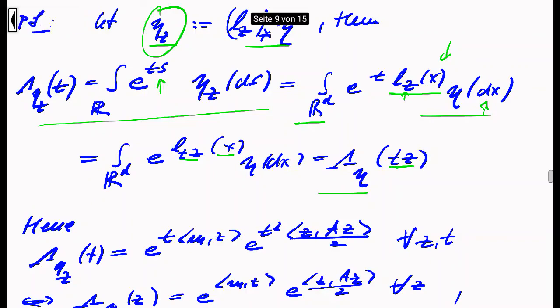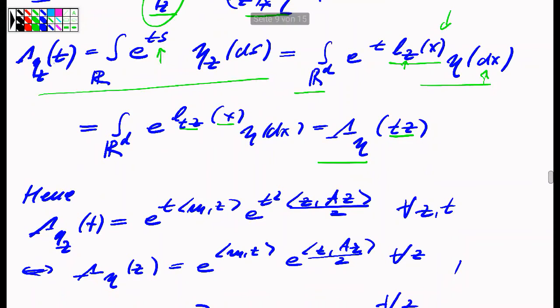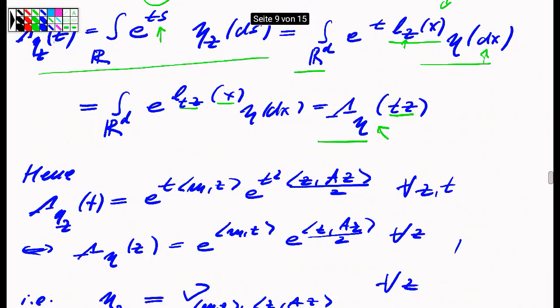So we can relate the Laplace transform of eta_z directly to the Laplace transform of eta, and therefore infer information on the projection from the Laplace transform of the initial measure and vice versa. Hence, if we know that the Laplace transform of the projected measure has a particular structure,